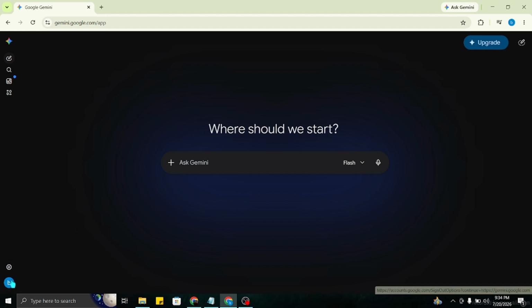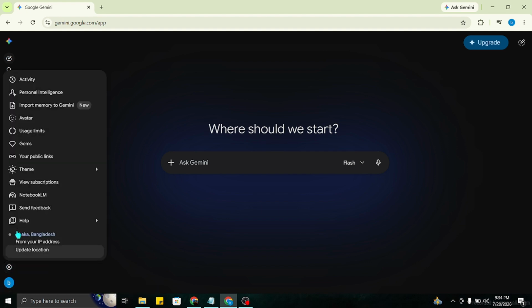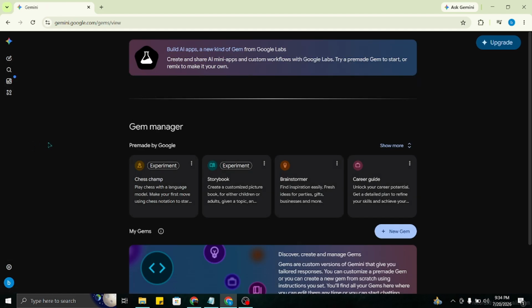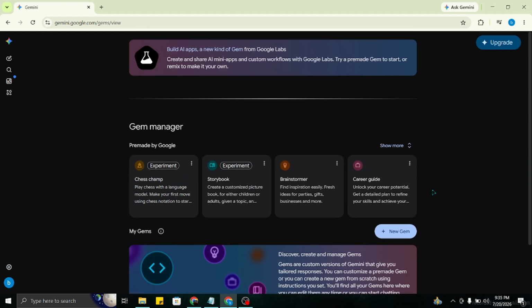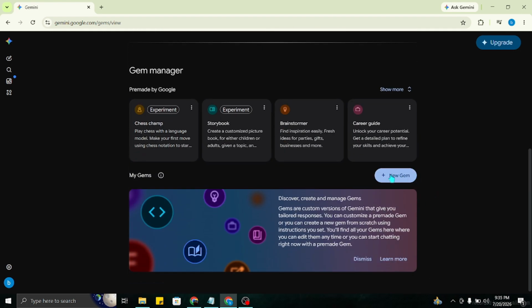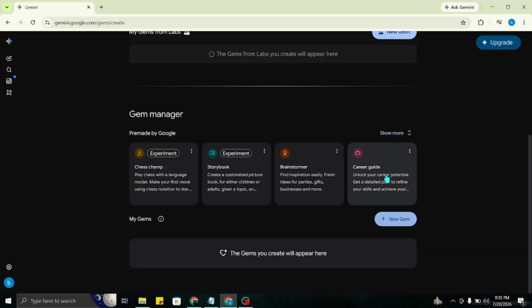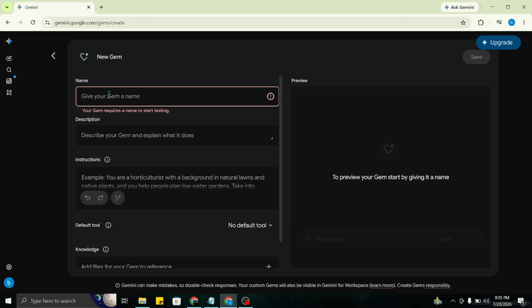So as you can see, I have signed in here, and firstly you have to go to settings, and there you will get the Gems option. So click on Gems and you will come into this interface. So here you have to create a new gem. So to create a new gem, you have to click on new gem. So click on this, and here you have to write recreate image prompt,